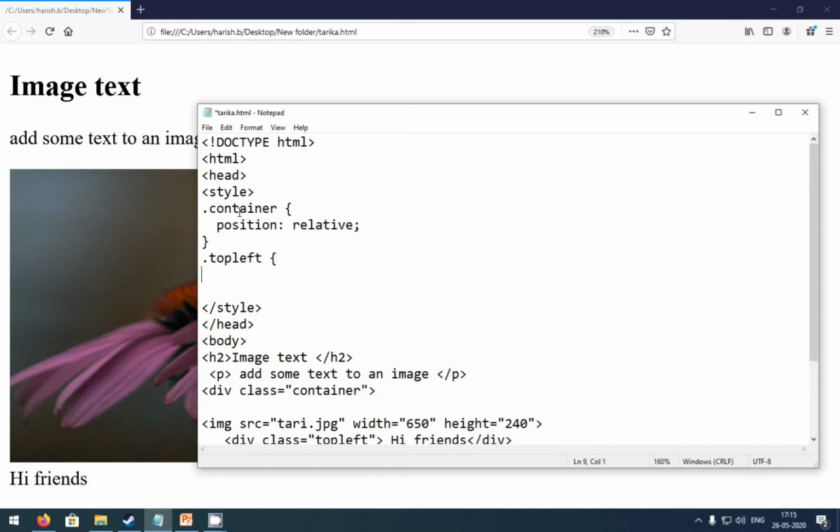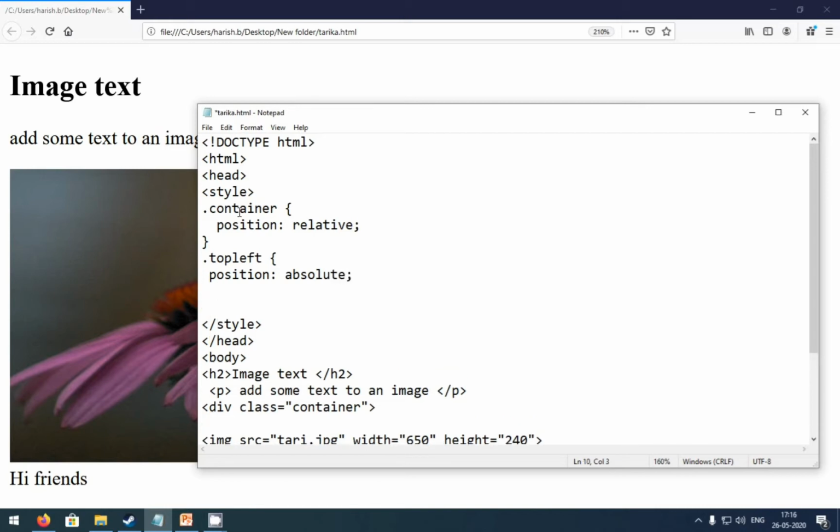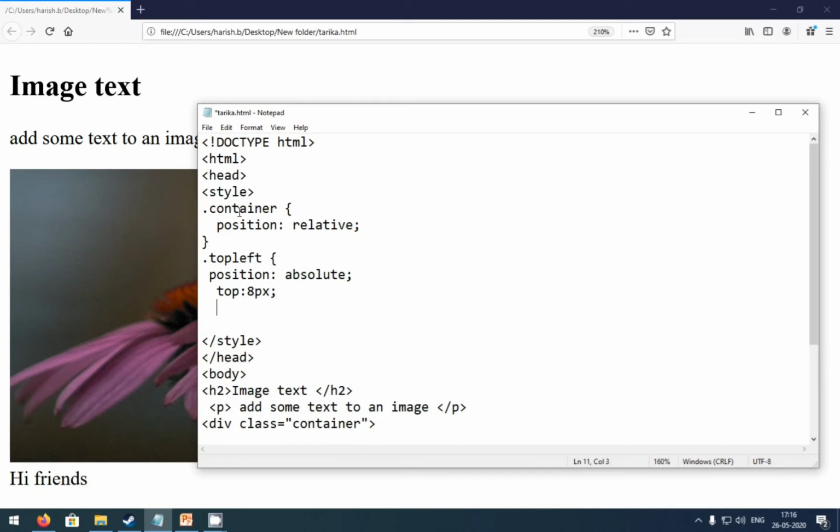Adding the declaration, here I am going to add the position absolute. After this I'm going to add the top, 8 pixel, and for the left I'm going to add 16 pixel.